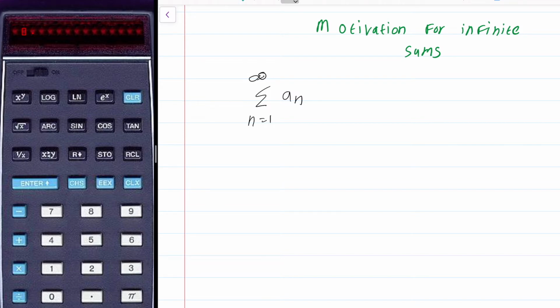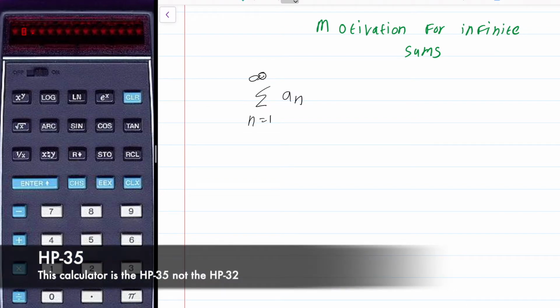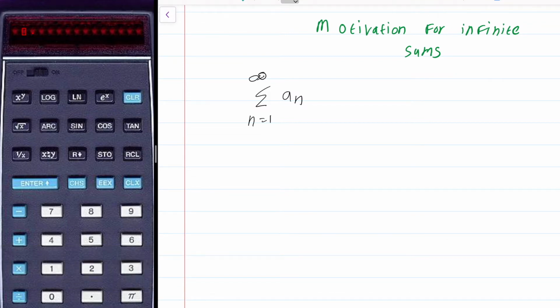On your left, you see a simulation of the first ever scientific calculator, the Hewlett Packard 32 RPN. RPN stands for reverse Polish notation. It's not relevant what exactly that means. Now, if you notice, this calculator is way simpler than what you are used to, probably a Casio FX 991 or maybe a graphing version of the same. Now let's perform some experiments.